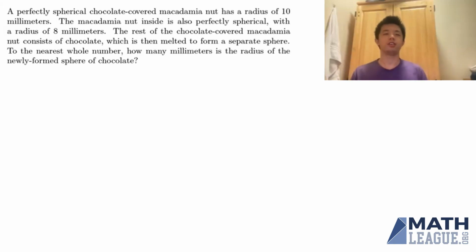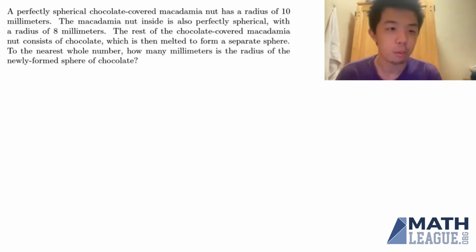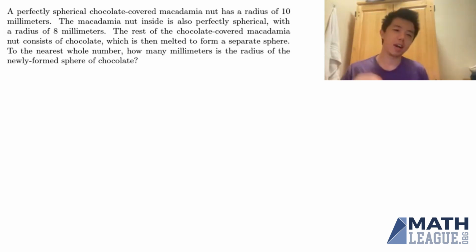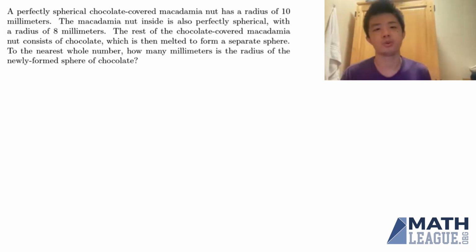Hey everyone, it's Linden, and I'm here to solve problem 10 from the sprint round of test 12311, which reads, a perfect spherical chocolate-covered macadamia nut has a radius of 10 millimeters. The macadamia nut inside is also perfectly spherical with a radius of 8 millimeters, and the rest of the chocolate-covered macadamia nut consists of chocolate, which we will then melt to form a separate sphere. So to the nearest whole number, the question is, how many millimeters is the radius of this newly formed sphere